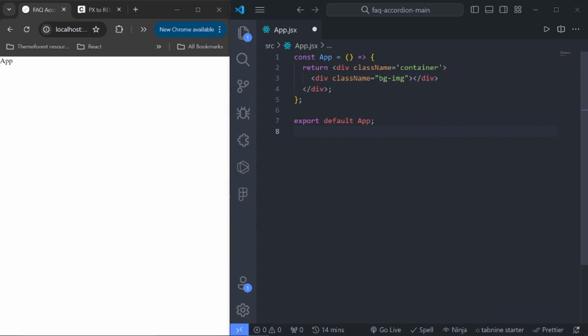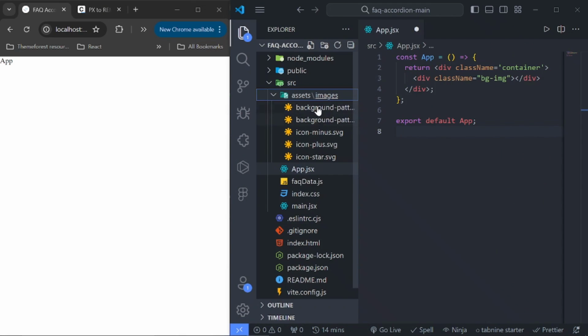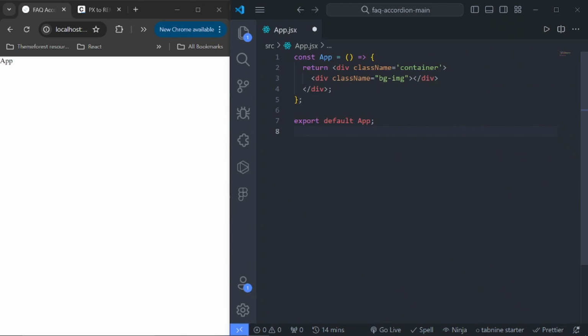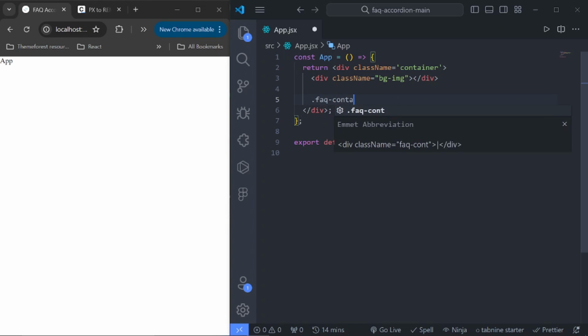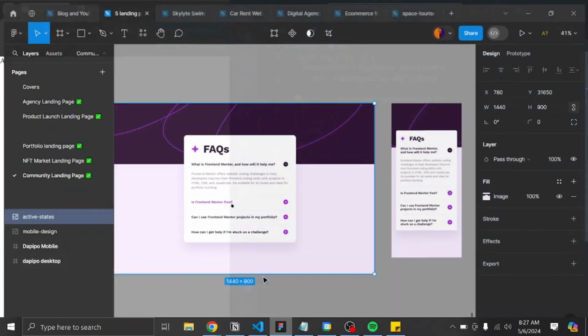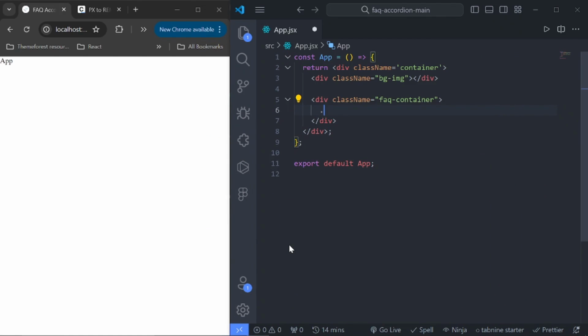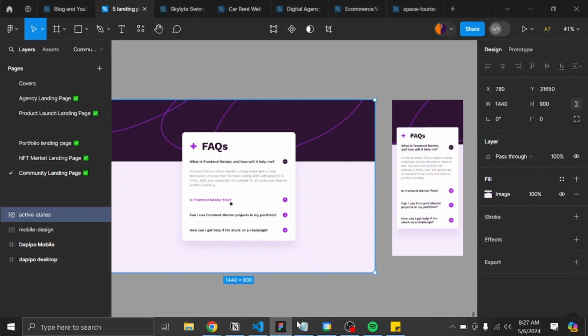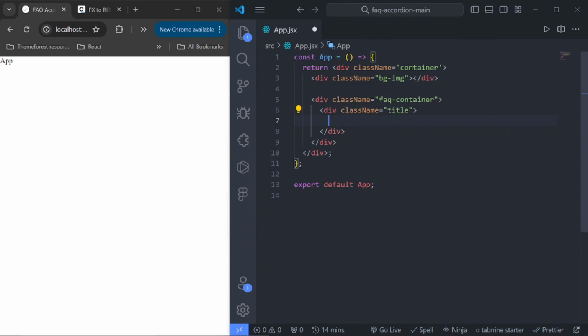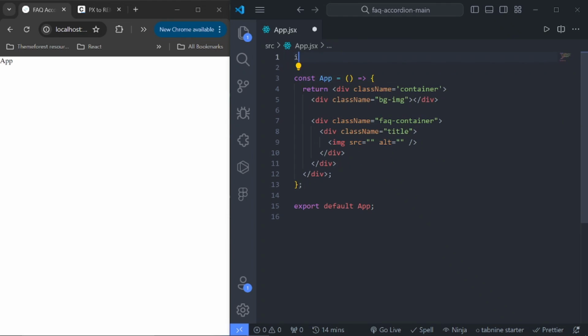As you can see, they gave us two images to use, and we're going to change it directly from the CSS. After that, we'll create another div and give this a class of faq-container to hold this entire frequently asked questions section. And inside it, we'll also create a title, which is this right here. I'll do that by bringing in the star image. I'll quickly bring it in by saying import star from